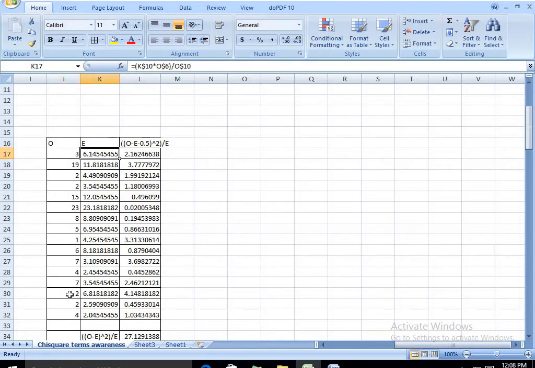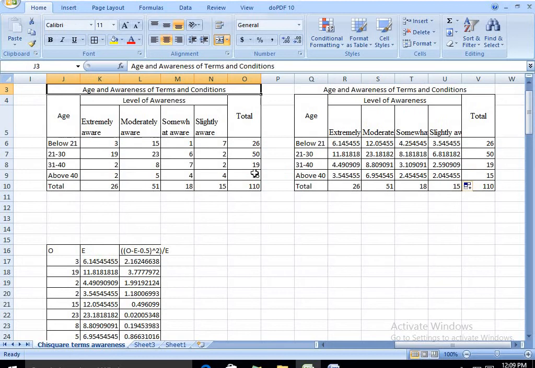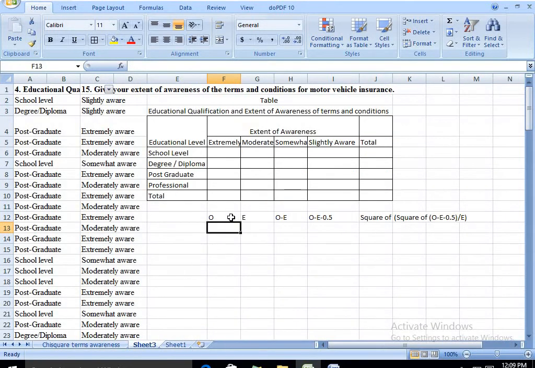In the same way expected value, here it has been combinedly prepared. As we have done your values there, in that pattern also you can have your E value. Whatever we have prepared here is directly prepared here. That's all the difference. You can choose this method or that method, whatever you want. This is how you prepare your O value, your E value. Next you will be preparing your O minus E value, that will be equal to O minus E.